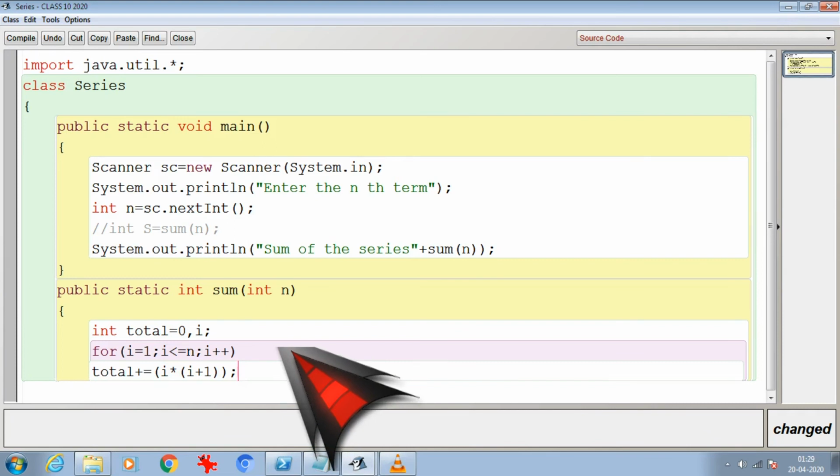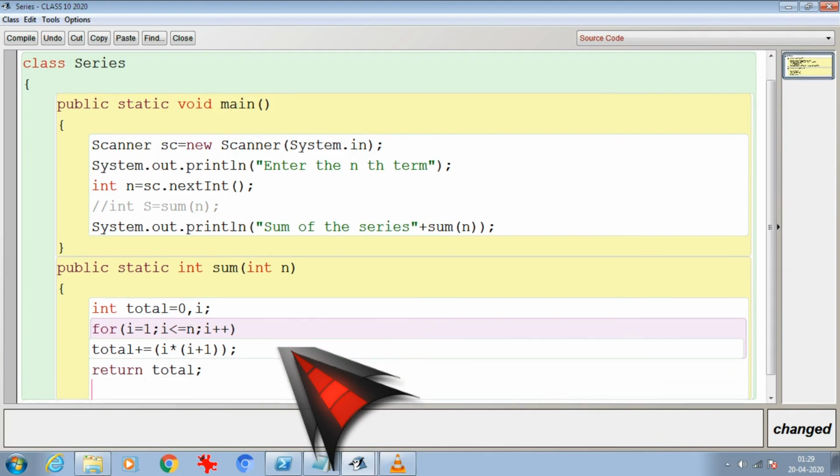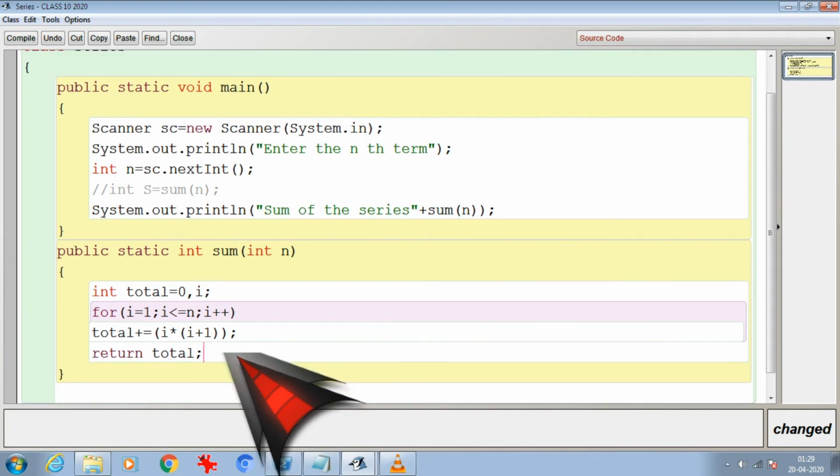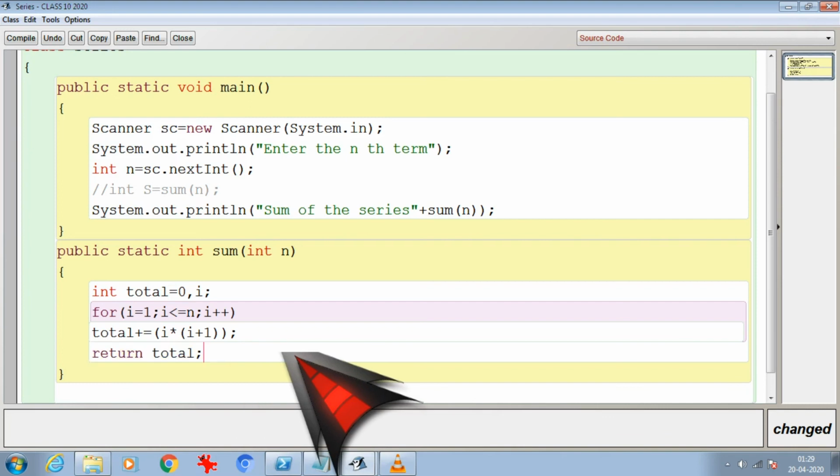Once I finish it, the result, the sum of the series, is stored in total. So I'm just going to write return total. So the resultant variable I am returning over here, as it is not mentioned 1 or 0. So what actually is the work going on over here, the task is to display the sum of the series.